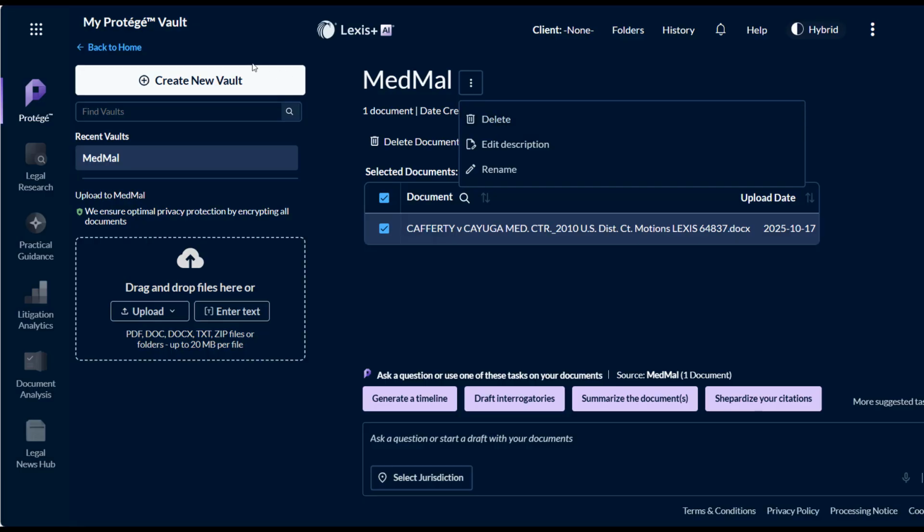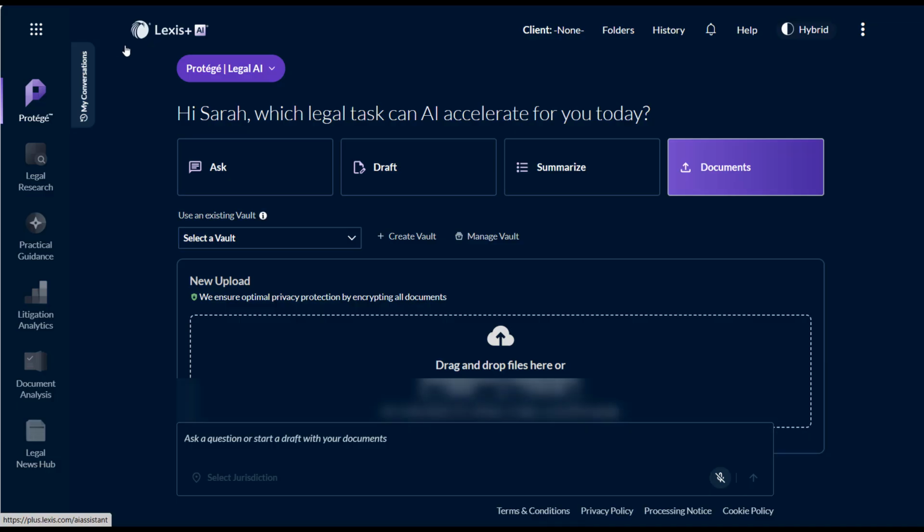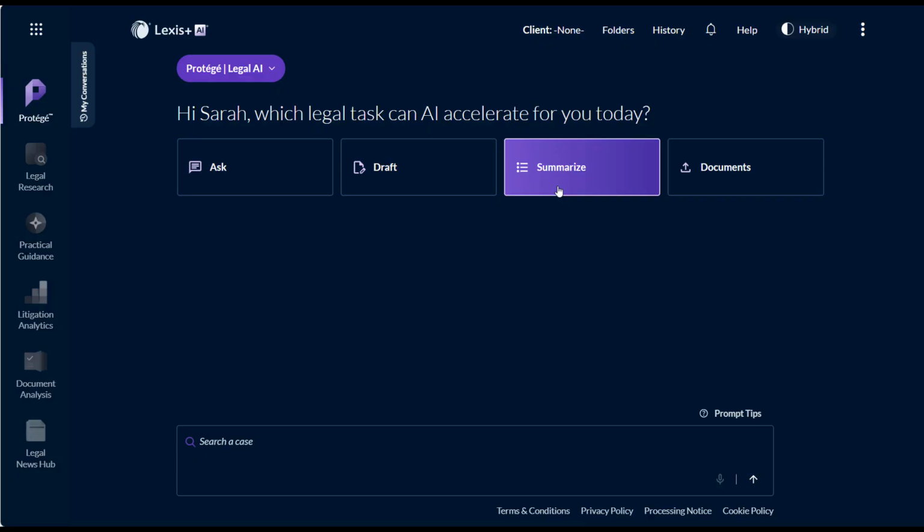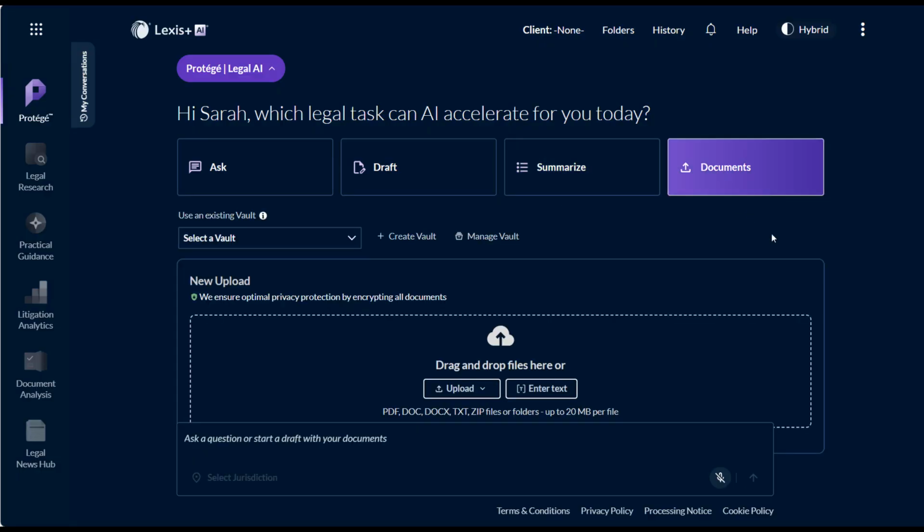As you can see, the Documents feature on Protégé will allow you to easily analyze, review, and edit documents in preparation for litigation, ensuring the documents meet your needs and saving hours of document review time. By utilizing the vast array of tools and content on Protégé, you can efficiently get the insights and information you need to